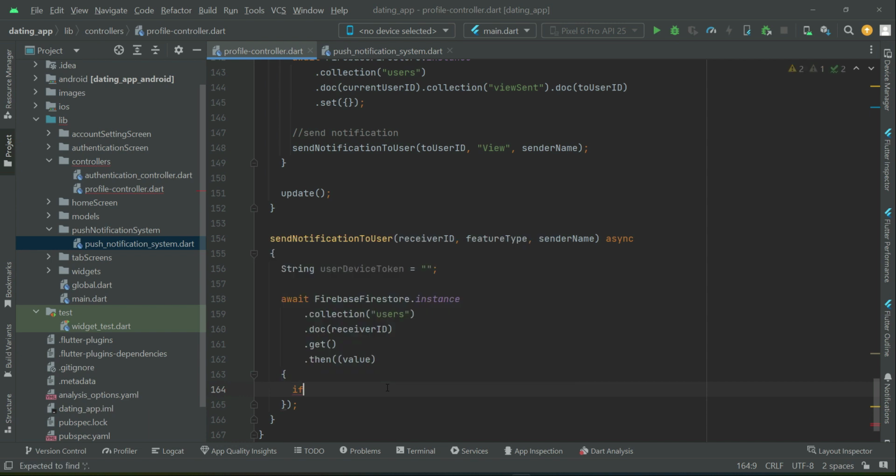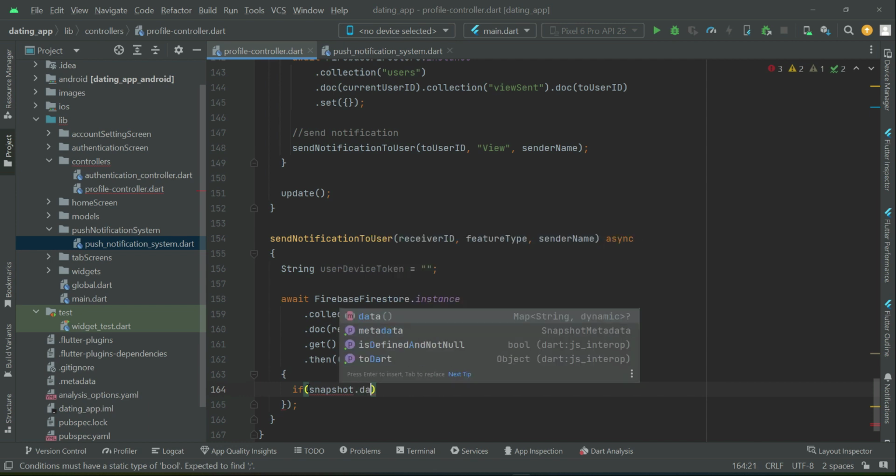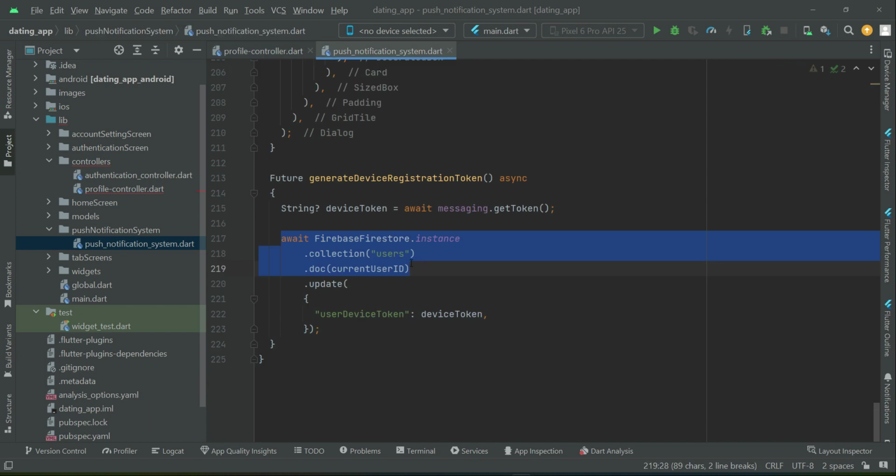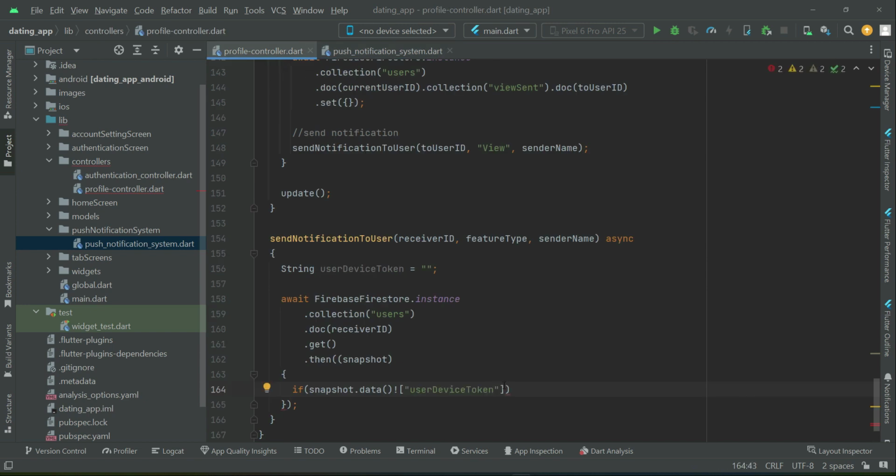Now we will first check if snapshot dot, by the same key name we have saved and by the same key name we have to retrieve here. So the user device token which we are getting for the receiver, if that token exists,